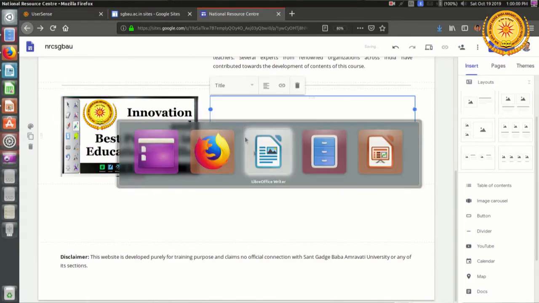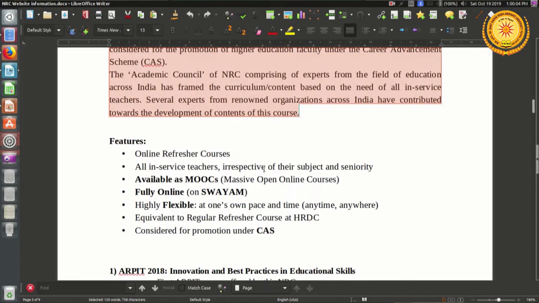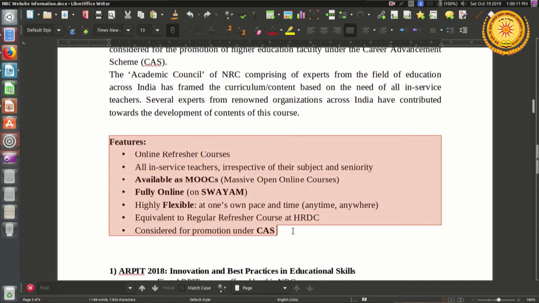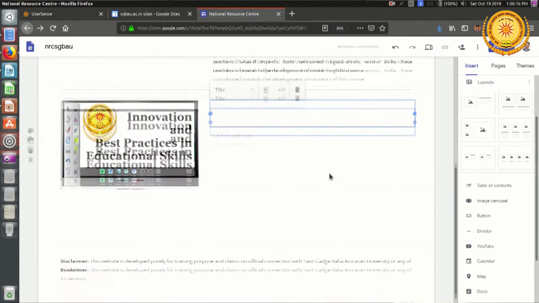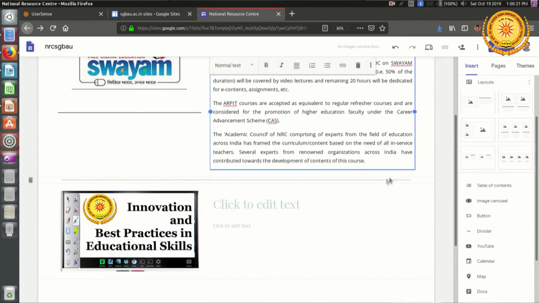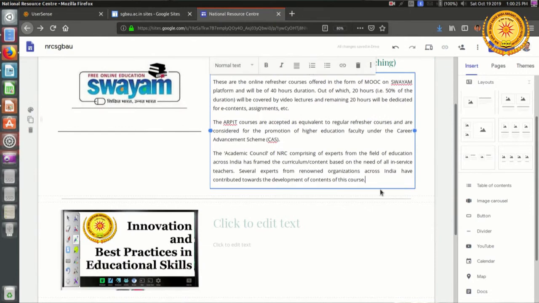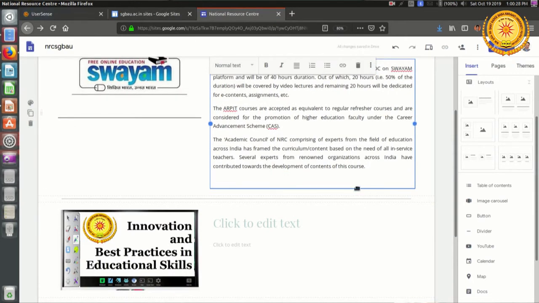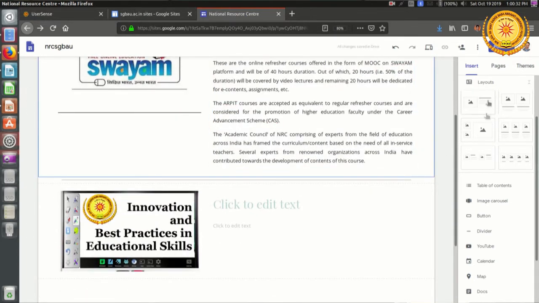Let us go to my Word page where, okay, I have forgot to add this particular part in ARPIT. So what I will do, I will select this part, features, and the last part. So I have selected copy. Where I want to add it, I want to add here just below this one. So what simply you have to do is, either I can add a new text box, or I can simply press enter and add just below this text box. Better way, what I will do, I will add a new text box.